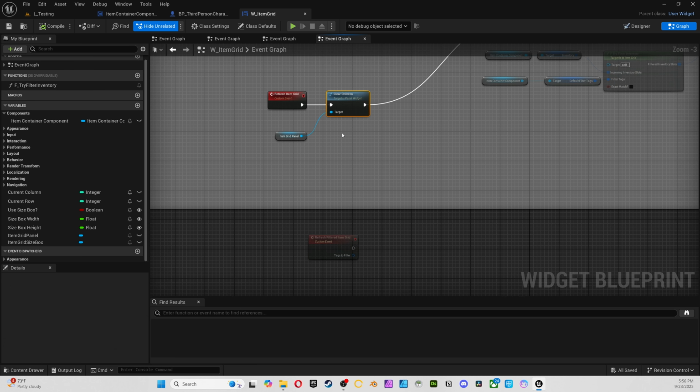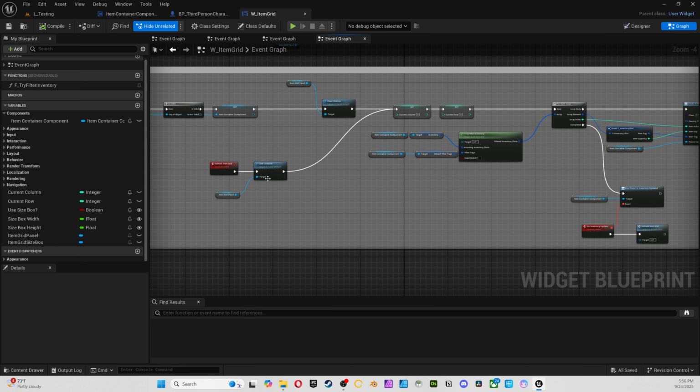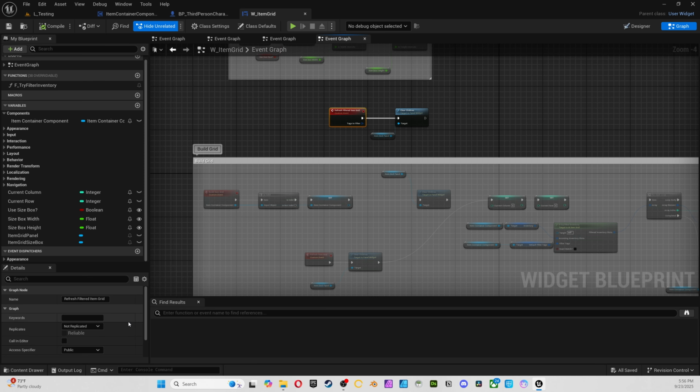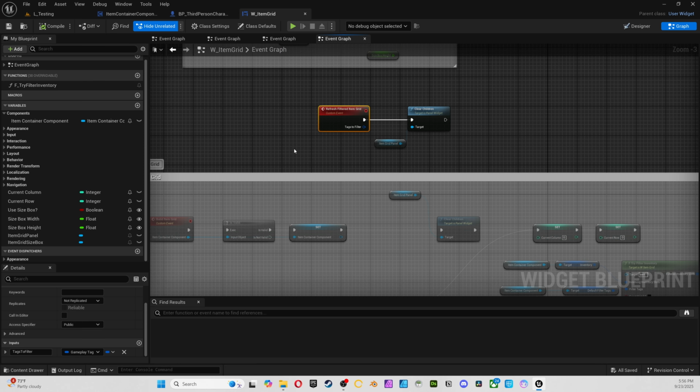And we will go straight into this. And let's put this up here maybe. But we do want to do one thing. Basically how we're doing this, if our item container component has these filters set, like if there's something set in this variable, then that will basically always be the filter. However, let's create another input for this refresh filtered item grid and say